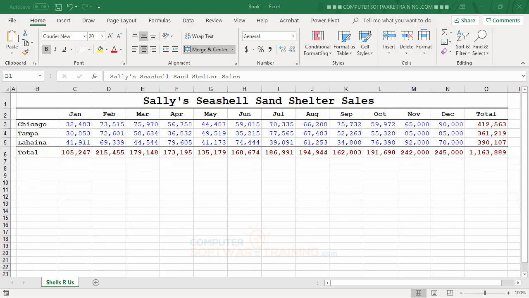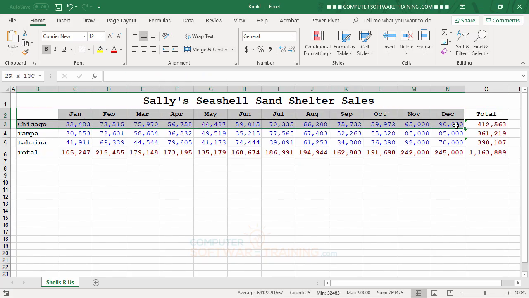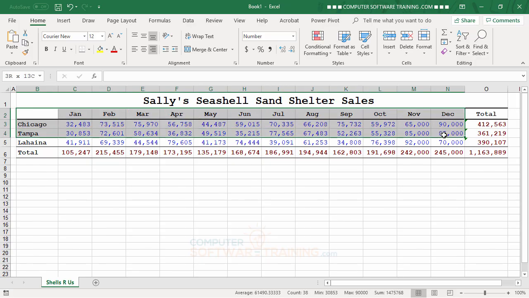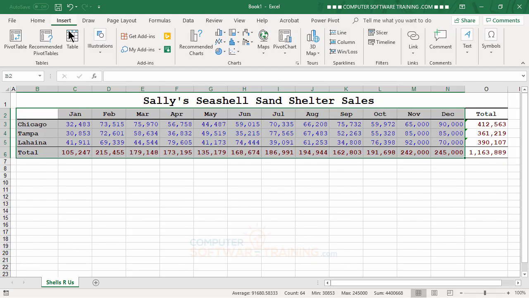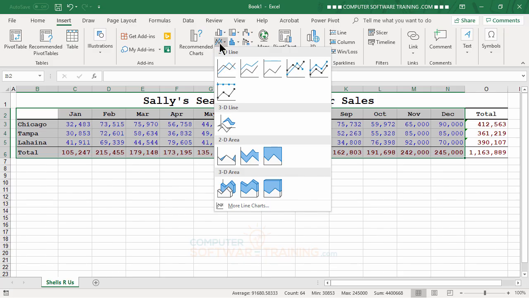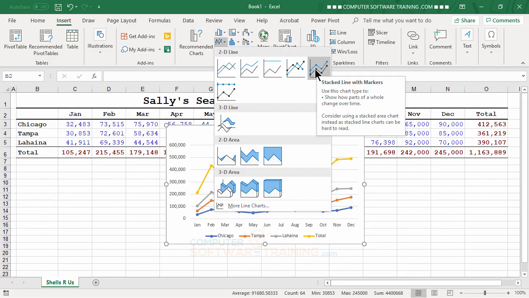doing that. So what we're going to do first is we're going to select from over here at B2, go all the way across, and we're actually going to include the totals that we have here. So we're going to bring that down as well. So we've got that. I'm sorry, we want to do this. There we go. Then we'll go ahead and we'll click on to insert. We'll go over to our line graph area here, line charting. Then we're going to click on to the stacked line